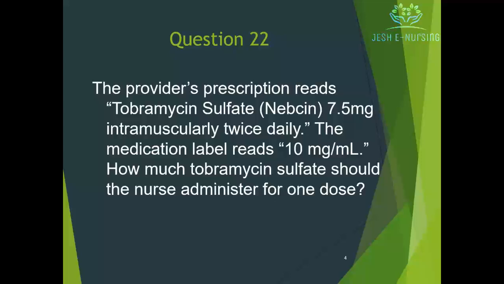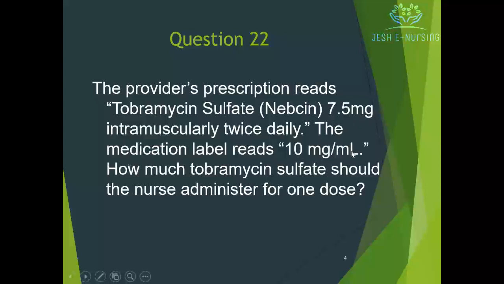Question number 22. The provider's prescription reads tobramycin sulfate 7.5 mg intravenously twice daily. The medication label reads 10 mg per ml. How much tobramycin sulfate should the nurse administer for 1 dose? Always remember, in medication calculation questions the formula remains the same: doctor's order into amount divided by available dose. In this question, tobramycin sulfate 7.5 mg is the order and the available dose is